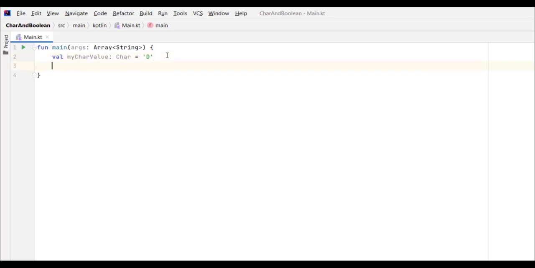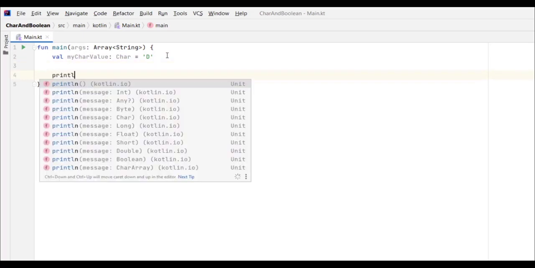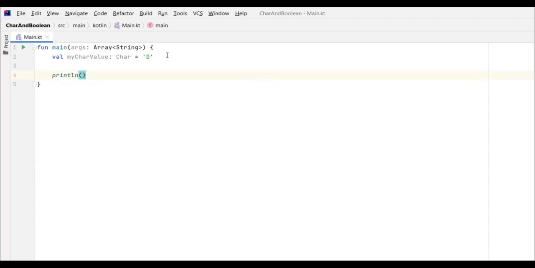Now let's print this value in our console. println, and you can print it by the usual way, where you put here a double pair of quotation marks, and we type a $, and here we type the name of our variable, myCharValue. Press enter. I messed up the code. Let's delete this. Now if I run this,